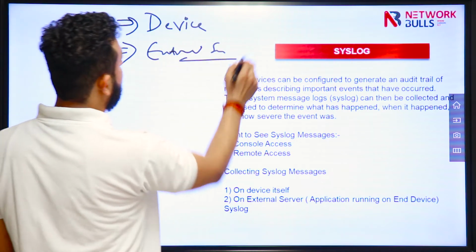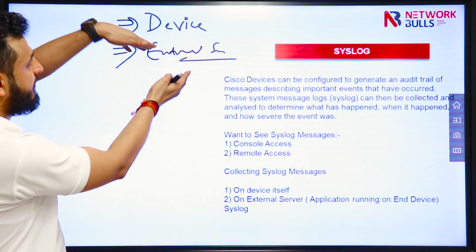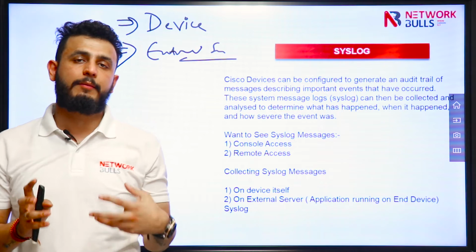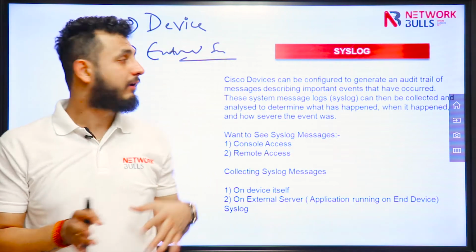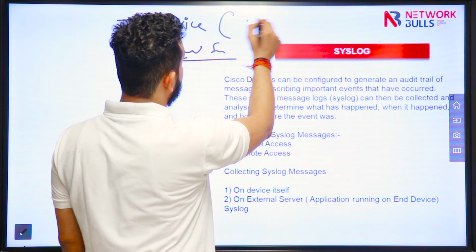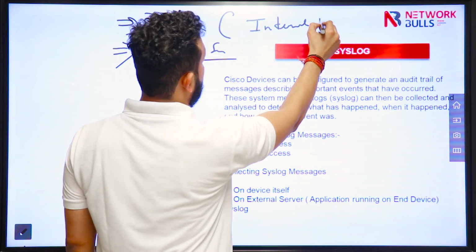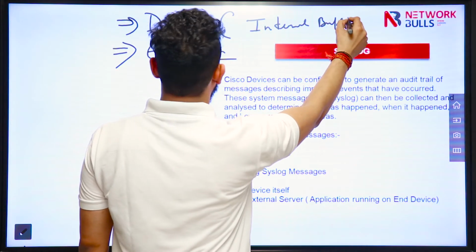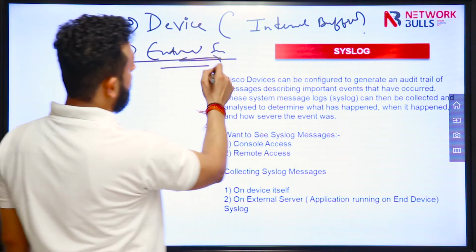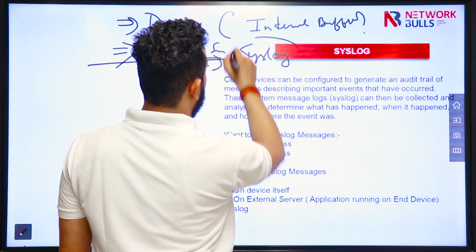Now the question is, why are we not saving it on the device, why are we saving it on the external server? Guys, the device has a very limited amount of memory, and we call that particular feature internal buffering. But we can save logs on an external server, and we name that server syslog server.